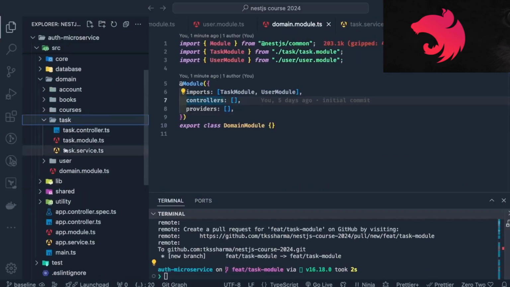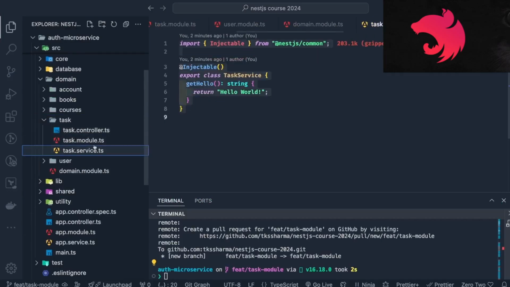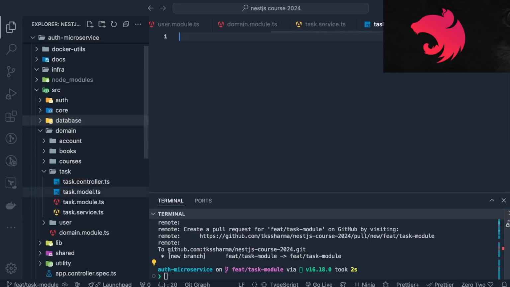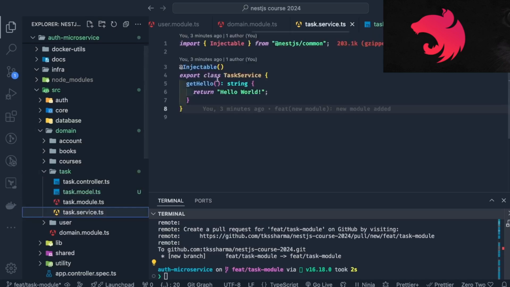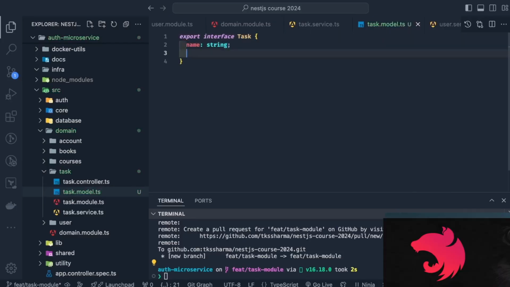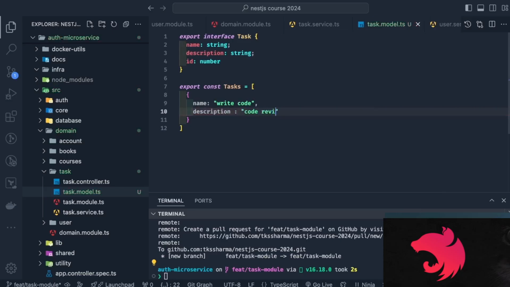Inside the domain task array, we have a service, module and a controller. Now what we need to do is a simple task model.ts, where you can define an interface or a simple task array, which is an array of tasks, right? Instead of this, we will just create it, because this can also be an injectable service. So here we are creating a simple task array with name, description, string, ID,